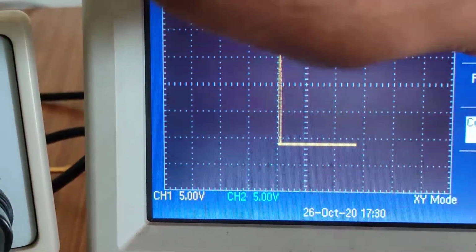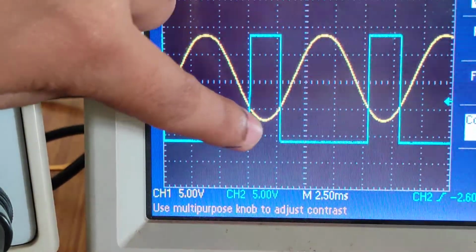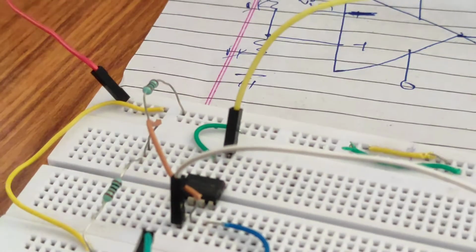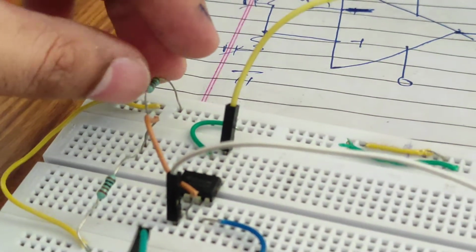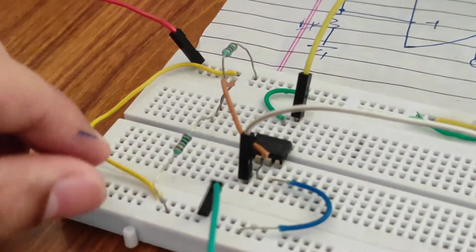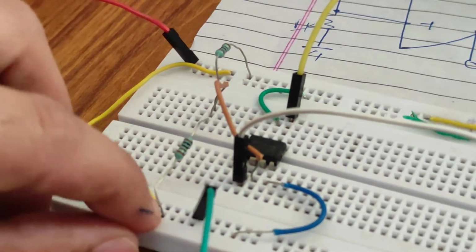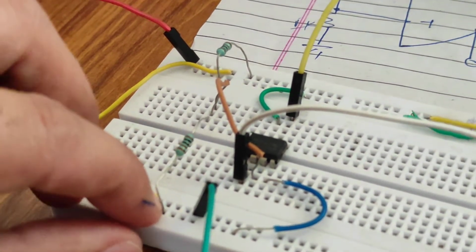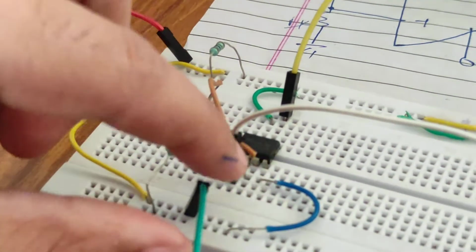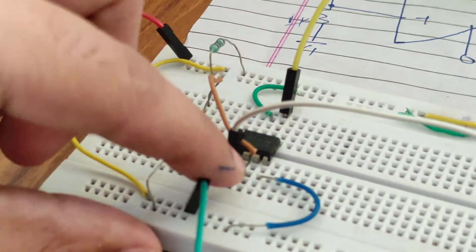If you change the axis, see how I have done it, I have changed the reference point. This is R1 and R2, I have grounded this one, and here I have given negative 10 volt, which means the reference will now be changed to minus 5 volt. Now, everything will be happening around minus 5 volt.